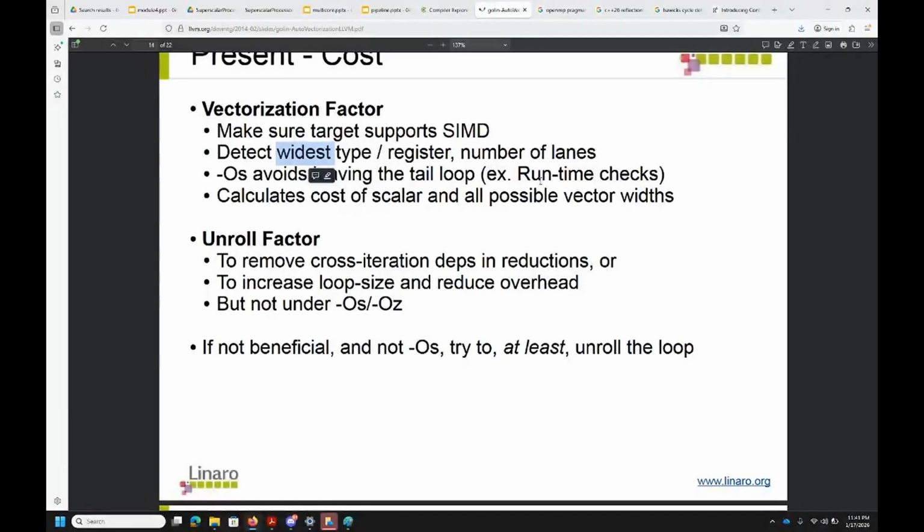So basically, how many lanes does your processor have? Your processor might support like 4 cores, 8 cores. It might support simultaneous multi-threading. So based on the number of lanes, it will differ. Then